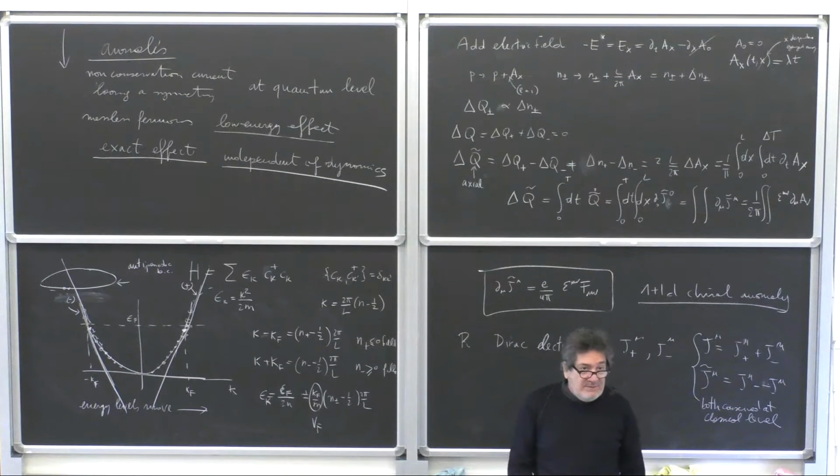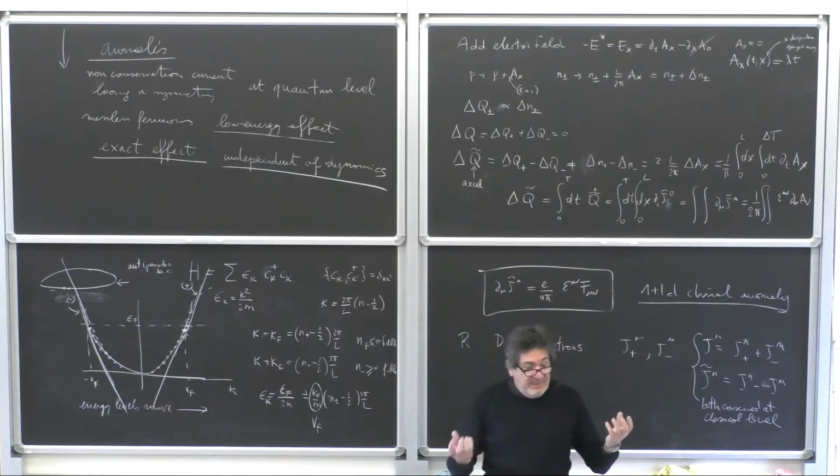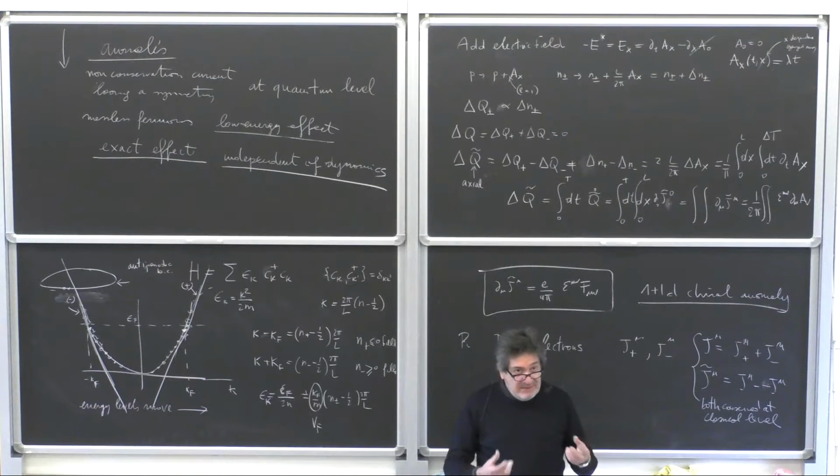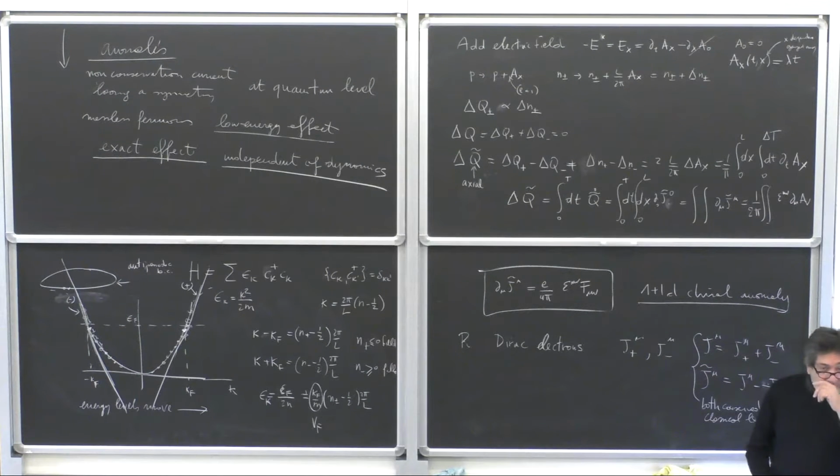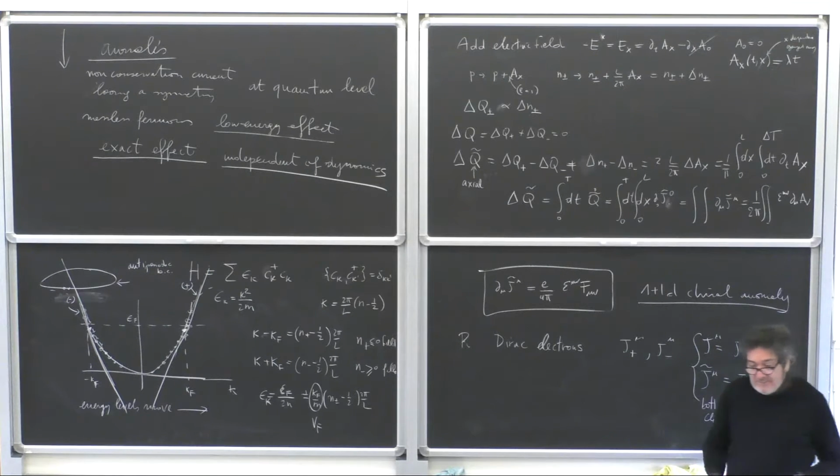This is ultimately a property of the Lorentz group. An elementary particle is an irreducible representation of the Lorentz group. And when the fermion becomes massless, it splits into parts, both in 2 dimensions and in 4 dimensions. They have independent dynamics when they are massless, and so they have an independent charge. Why not? This follows from relativistic invariance in the classical theory. But when you introduce a background, you have this effect.